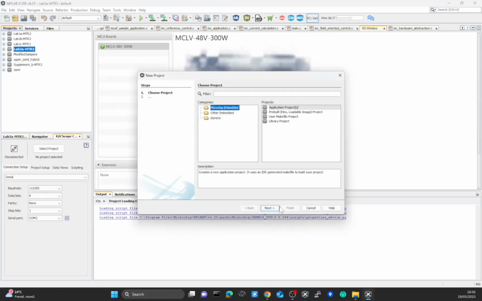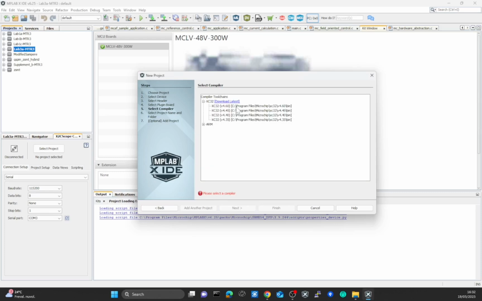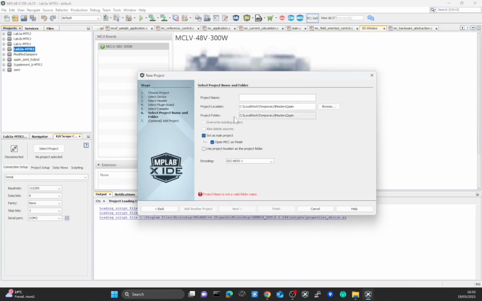Okay, so in this video, we're going to see how to create a QSpin project with the SAME54 motor control DIMM. So we'll create a new project. We'll select the SAME54P20A. We'll select the tool, and then we'll select XE42